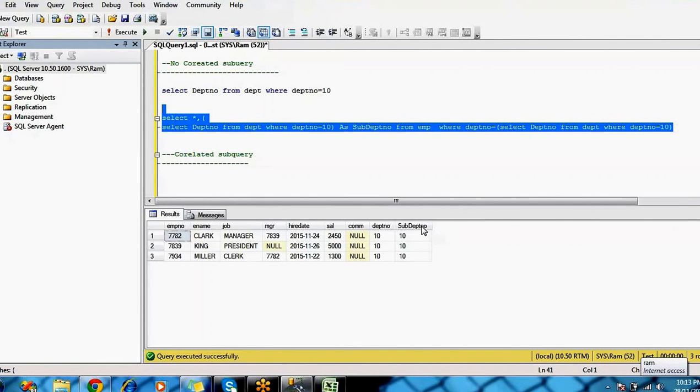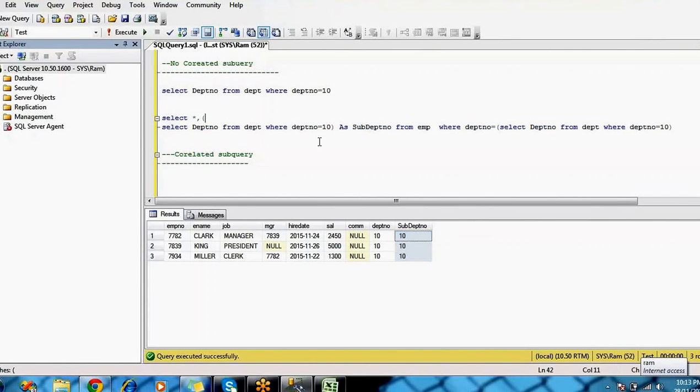This column's result, 10, 10, 10, is coming from this subquery. In the select list you are putting this subquery. You can put subqueries in different locations: in the where condition, in the select list.